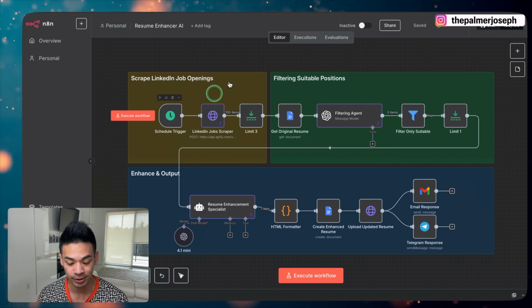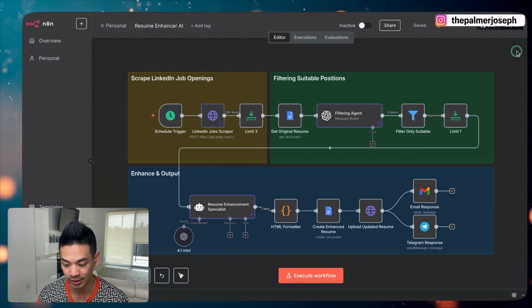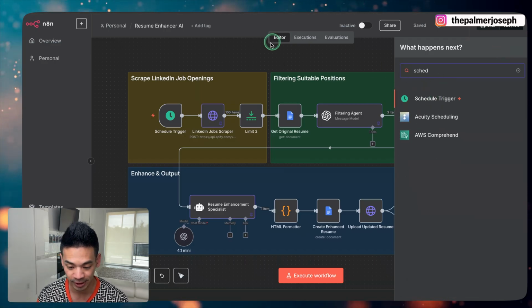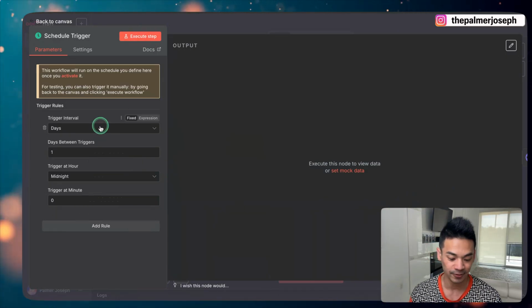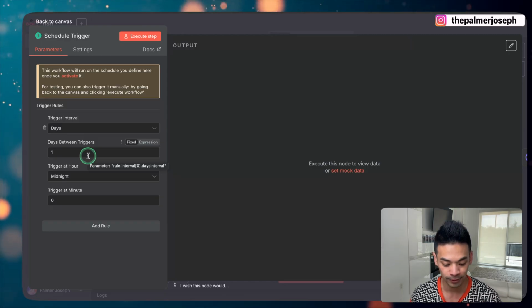Obviously, if you are starting this out yourself, you might want to have this on a schedule as well. And how you get this, go to the top right, click on this plus sign, type in schedule, and you only have one trigger, which is going to be right there. You click on that, and it'll be this exact same one. How I have this set up is basically I have it set up in a way where it starts the whole workflow every single day at